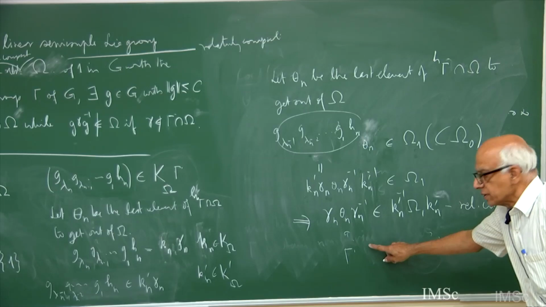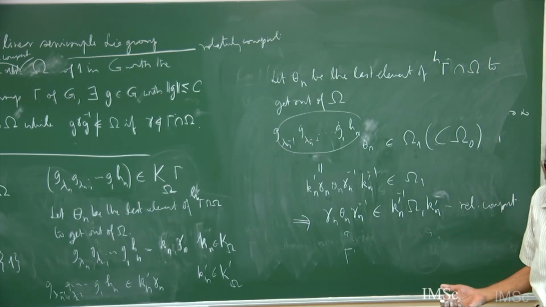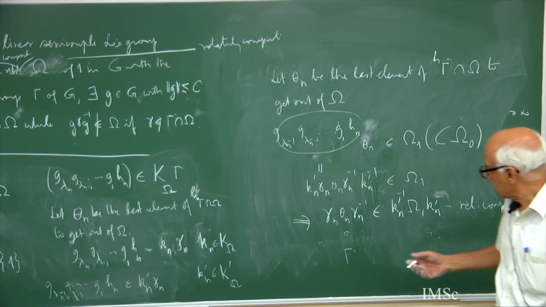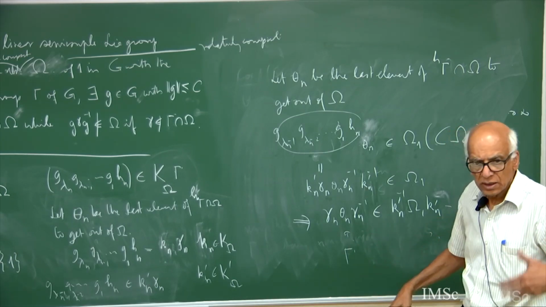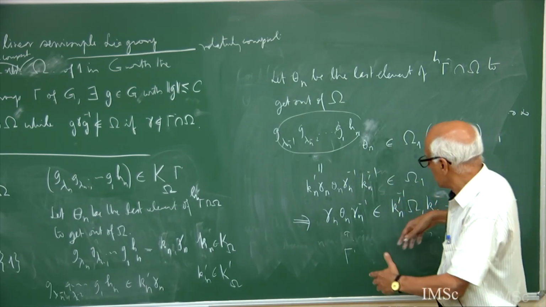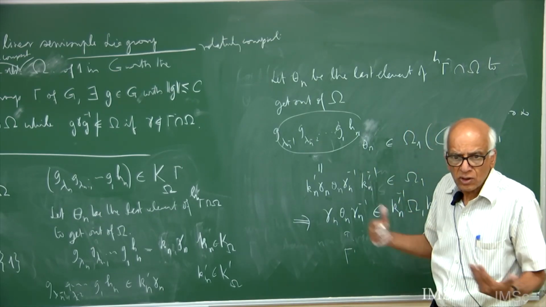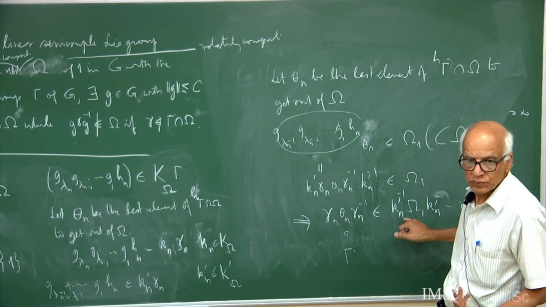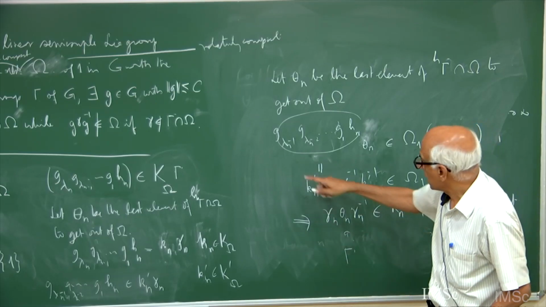So it's a finite set, this set I call S, okay, and the last one to get out is therefore conjugate to some element of S, and the last one to get out under Hn,